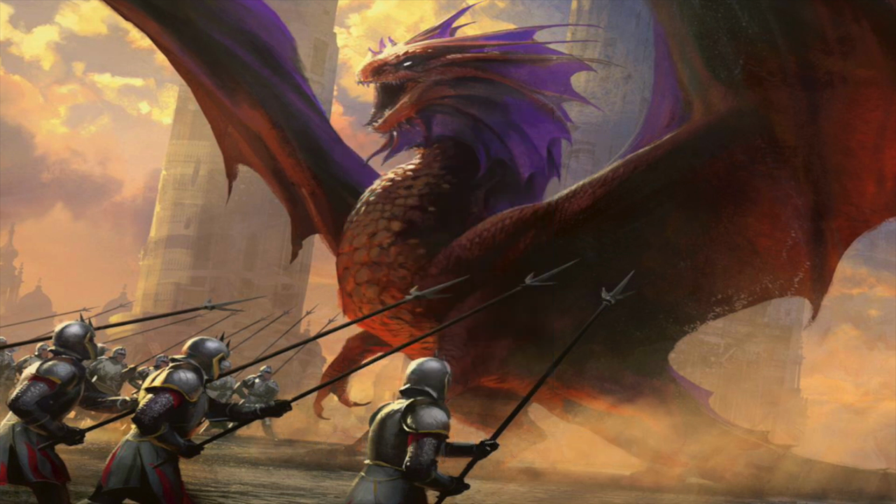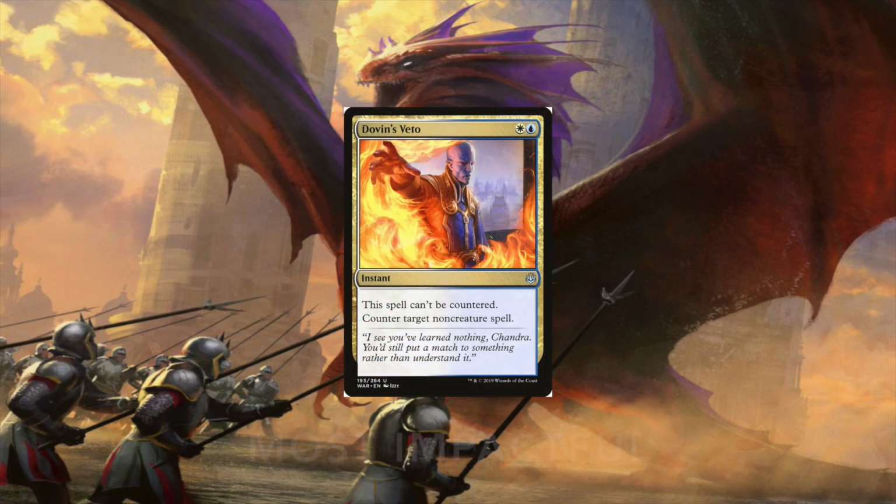Speaking of 2-mana blue spells, shall we talk about Dovin's Veto? We shall. If you want to win the counterspell war, Dovin's Veto is how you do it. I'm going to veto that